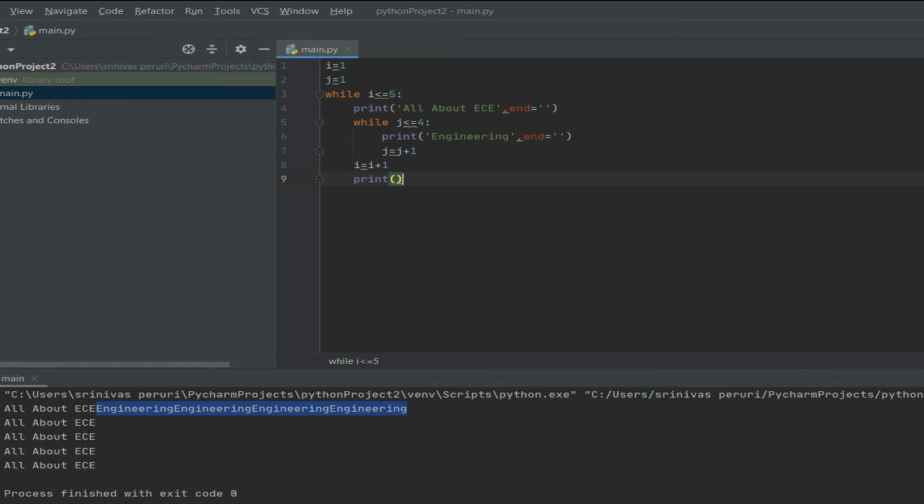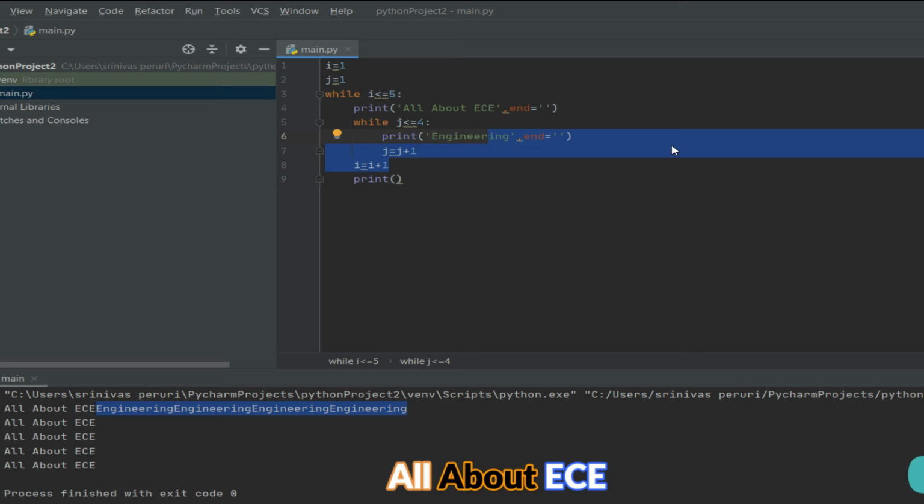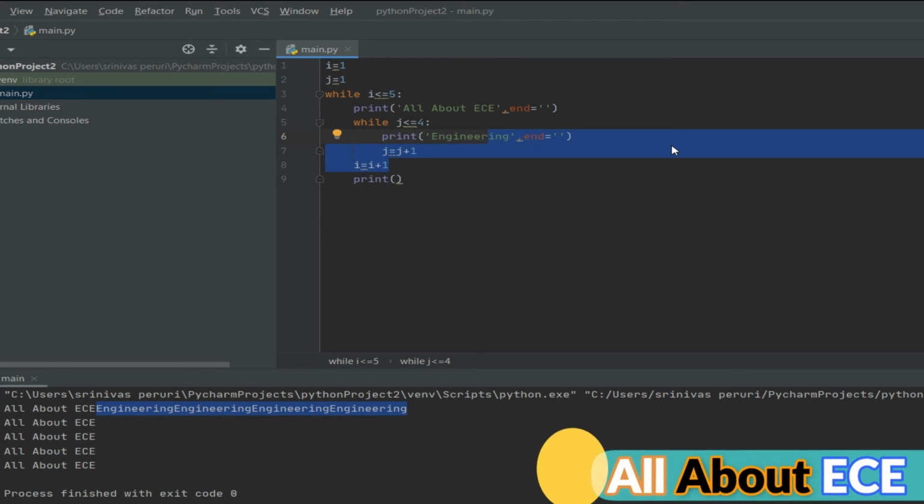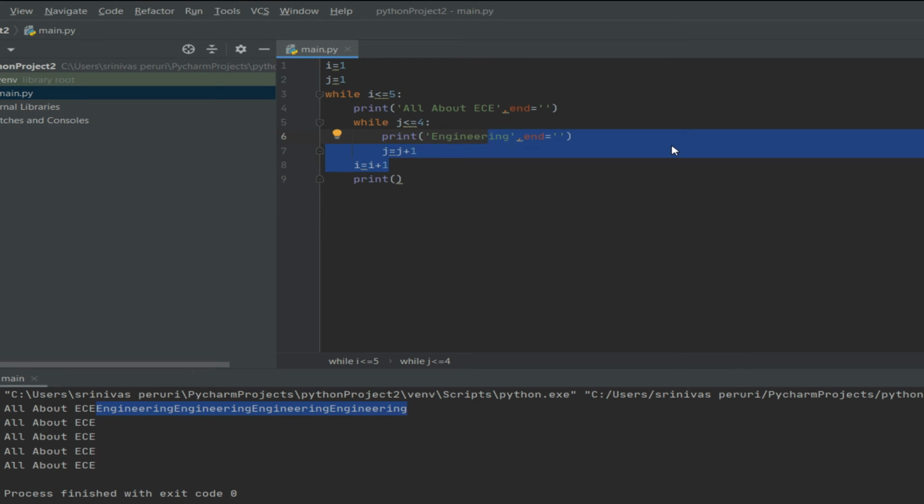Because in the first case, when i is equals to 1, the inner loop has to complete within itself. It means j is already 4, and after that it becomes 5. 5 is not less than or equal to 4, so the condition fails.